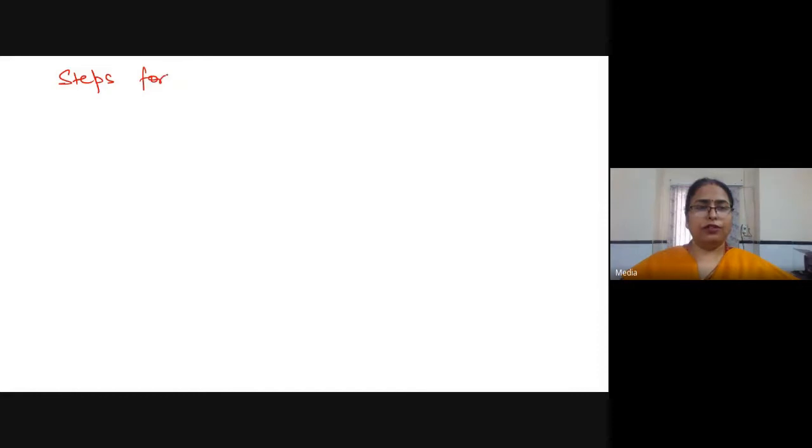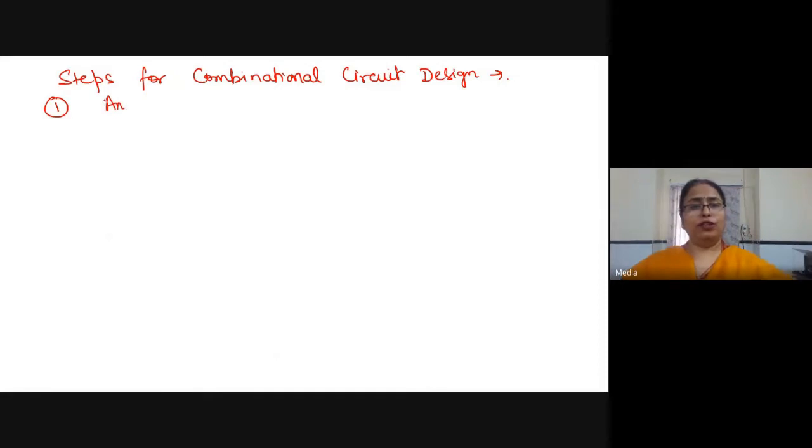Steps for combinational circuit design. The first step is to analyze the problem that is given. The circuit you have to design may be given in the form of a statement. So first of all, analyze the given problem